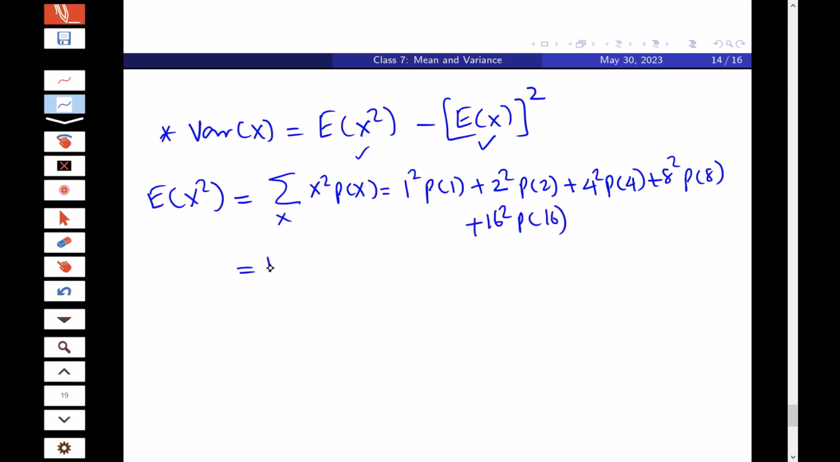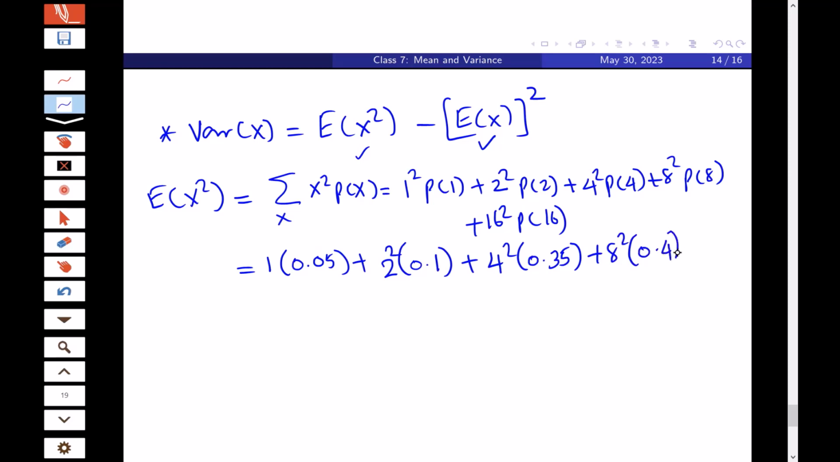Now plug in: 1 times 0.05, 2 square is 4, times 0.1. I will keep 2 square as it is here, because you can input the expression into the calculator as it is and find the final answer. First one, 16 square times 0.1. Okay, so you will get this answer as